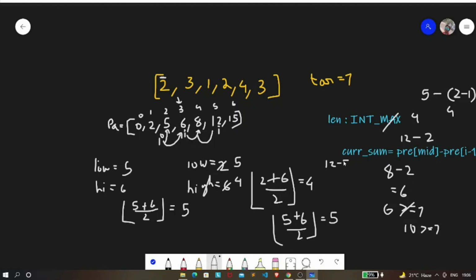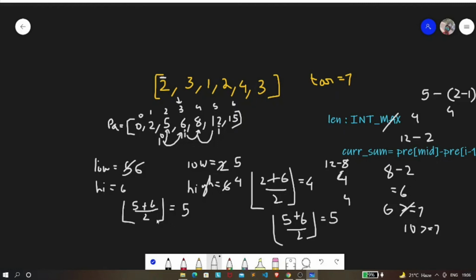So it will give me 4. Now we know that 4 is not greater than or equal to 7, and since 4 is not greater than or equal to 7, we need to move our low pointer. So our low will be pointing to mid plus 1, that is 6.